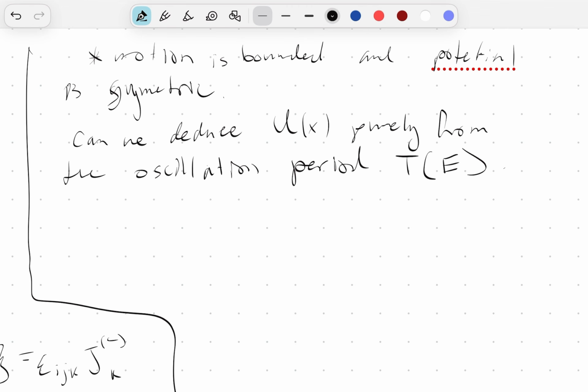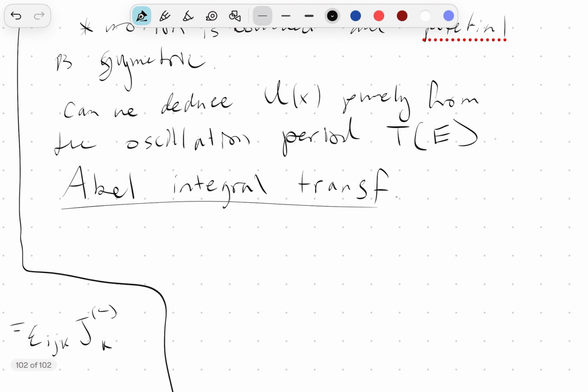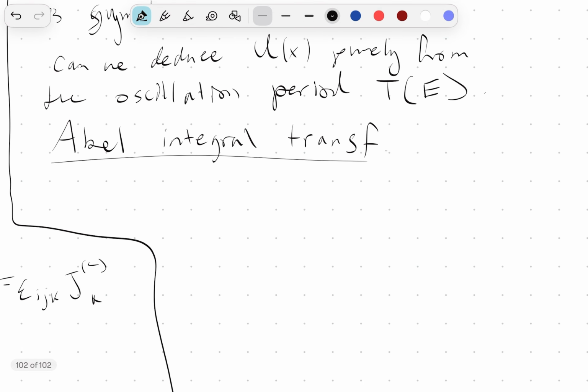And the answer is yes. It's called the Abel integral transform. So let's first consider a particle of mass m